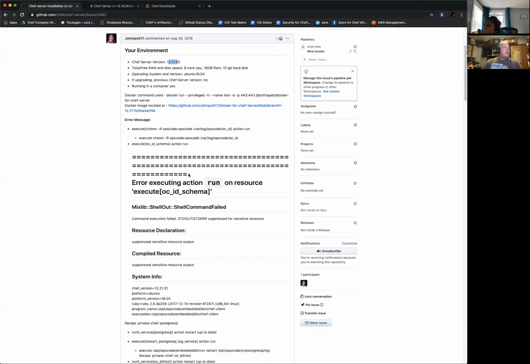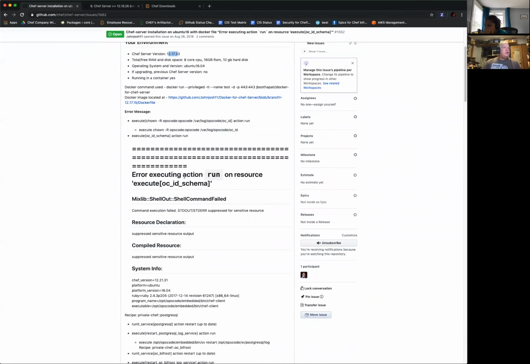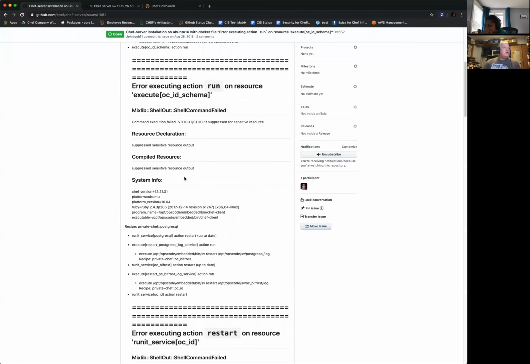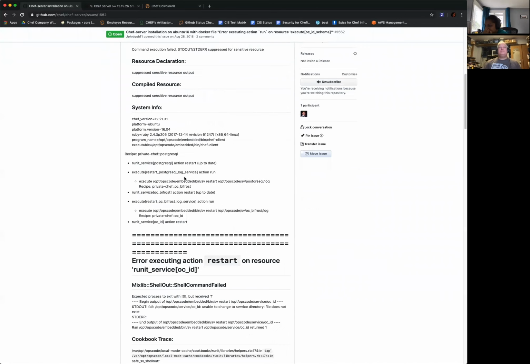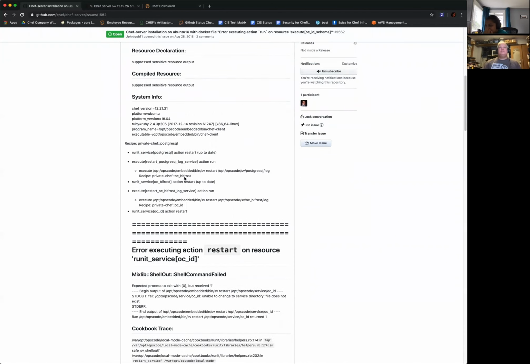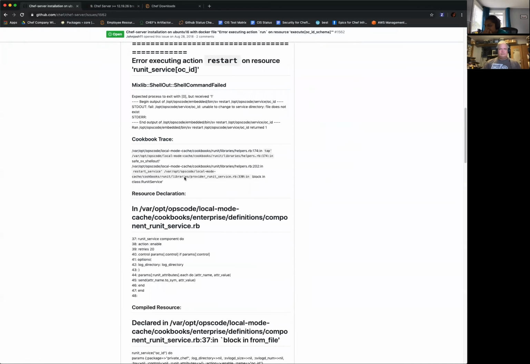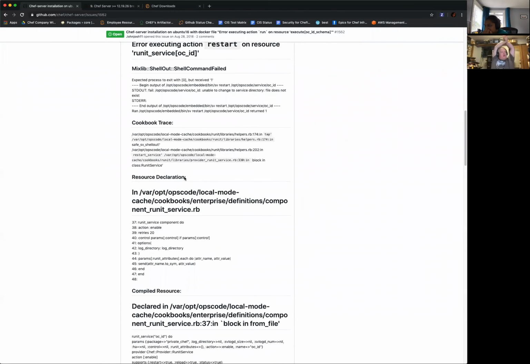Okay, so they're using... I mean, part of it is Docker.